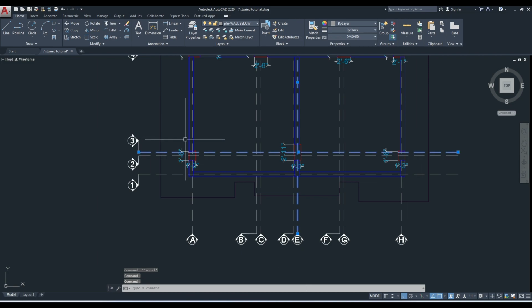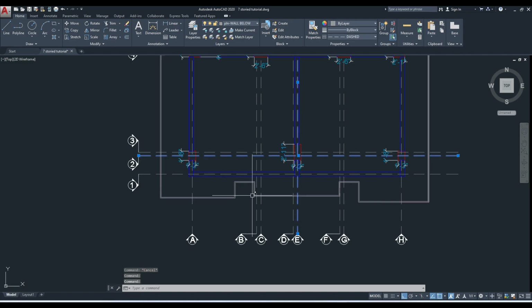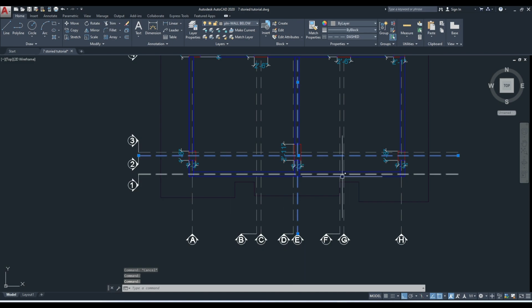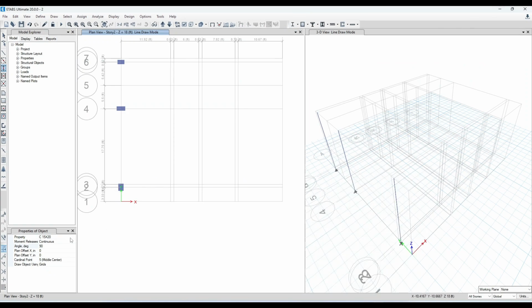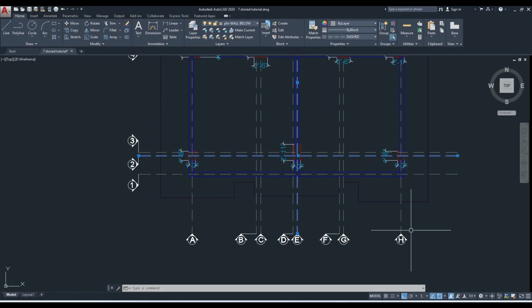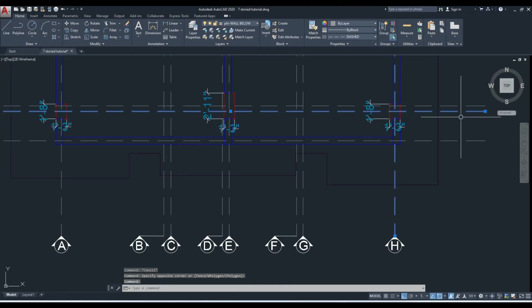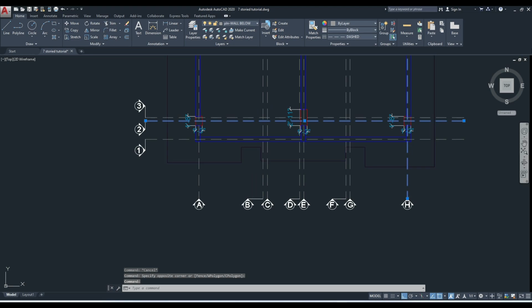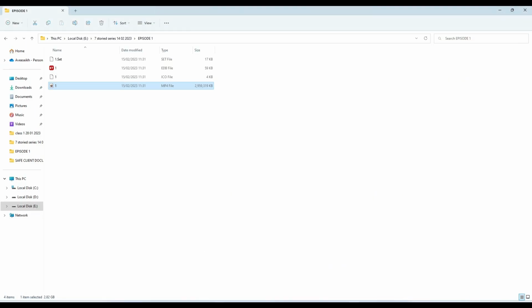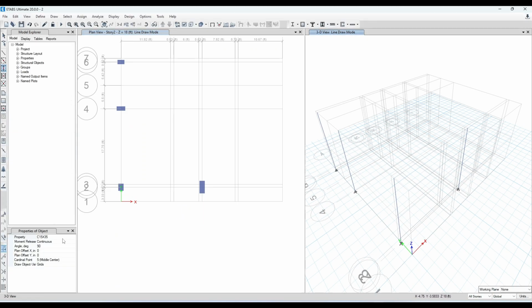that means E3. Okay, or we can consider this one E2, doesn't matter at all. E2, that means 15 by 35. Let's consider E2. Okay, then 15 by 20 H2. Okay, H2, 15 by 20.